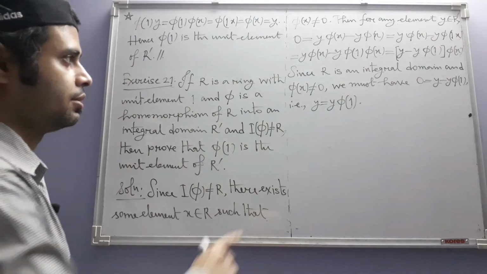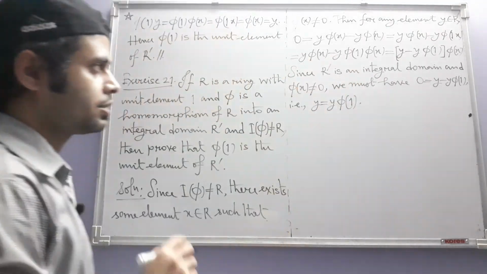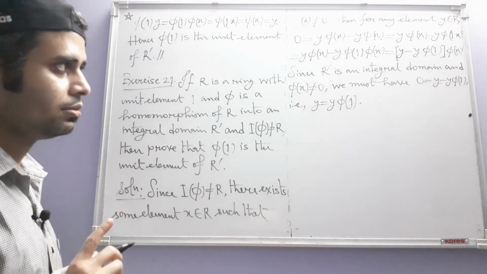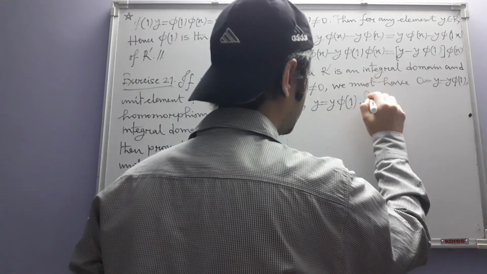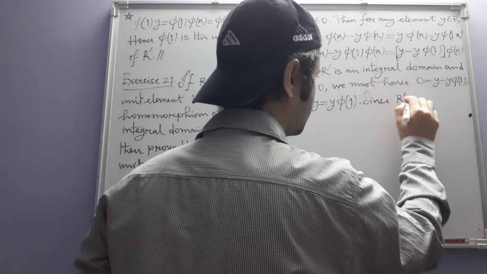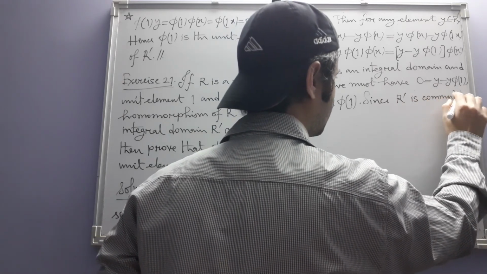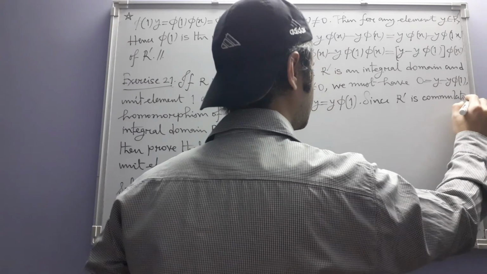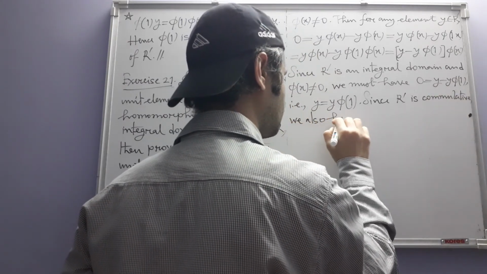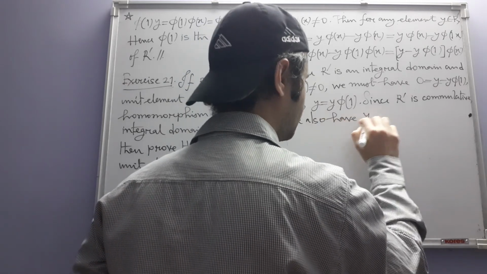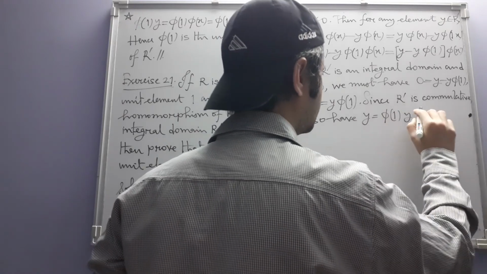Note one more thing, since R, this is R prime, sorry. Since R prime is an integral domain, it is by definition commutative. Since R prime is commutative, we also have y is equal to phi of 1 times y,